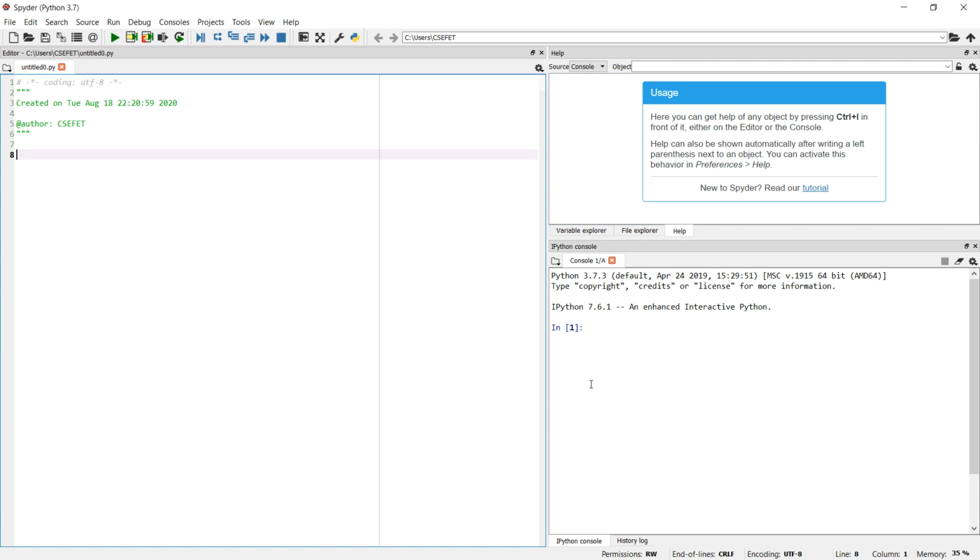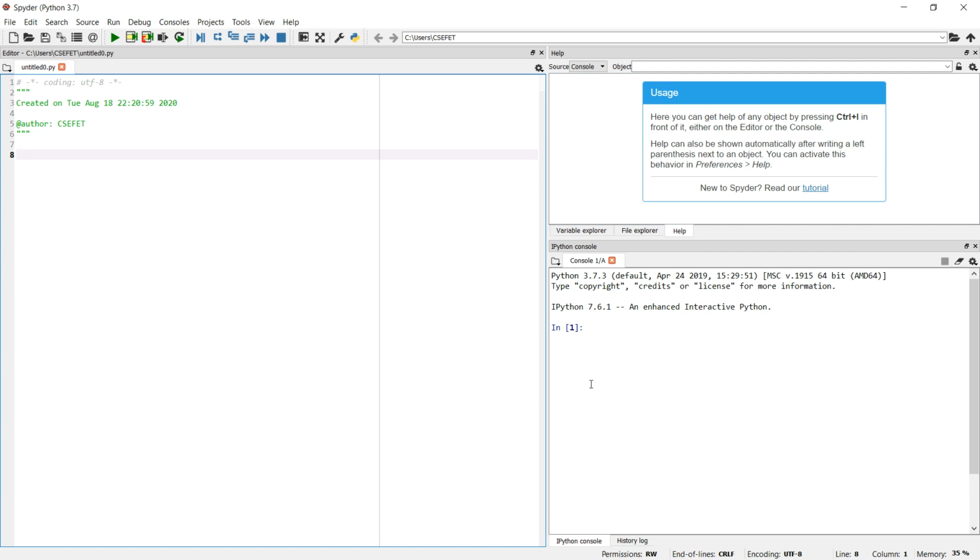There are different versions of Python. One is Python 2, which came in 2008, and the other is Python 3. In Python 3, there are then different versions. The recent version which is going on is Python 3.8. Very soon, it is believed by October 2020, we will be having Python 4.0 also.